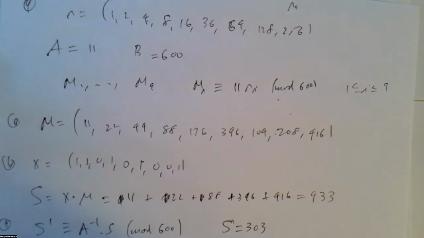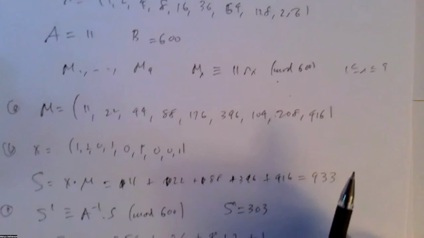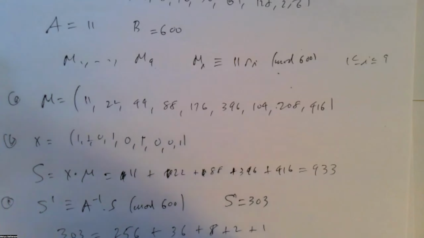So 303 is equal to 1 plus 2. Well, you always start with the biggest number and work backwards. 256 plus, let's see, if I add 64, it's too big. So plus 36, that is 292, plus 16 plus 8 plus 2 plus 1. Is that right? Let's see. This is 256, 292, 302, 303. So if I write this now in the proper order, this is 1 times 1 plus 1 times